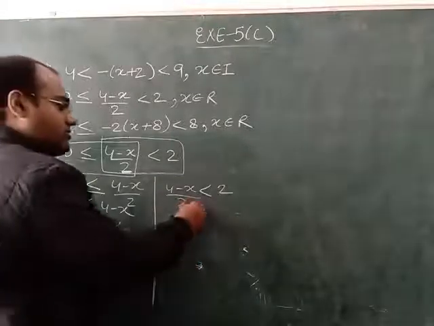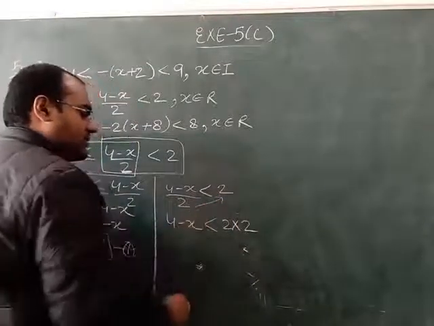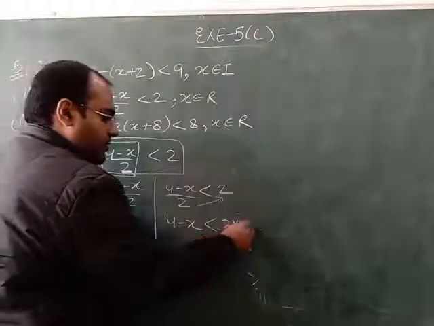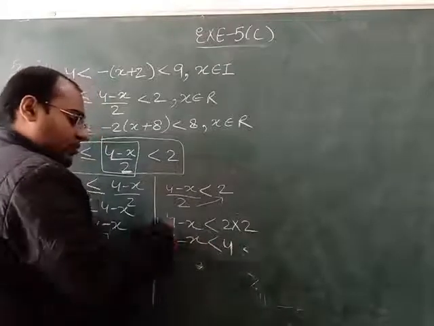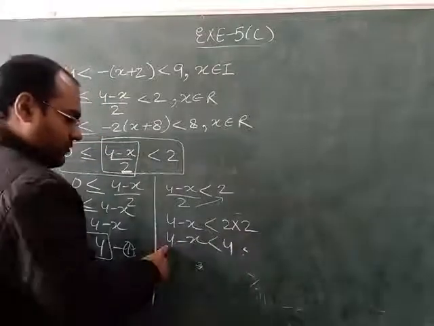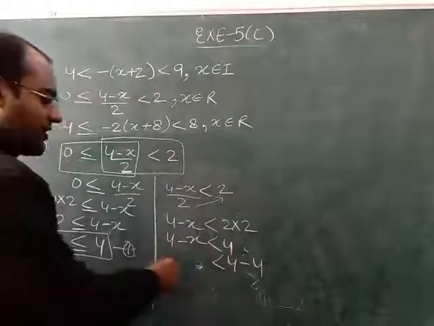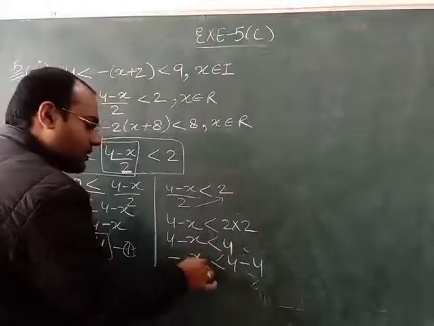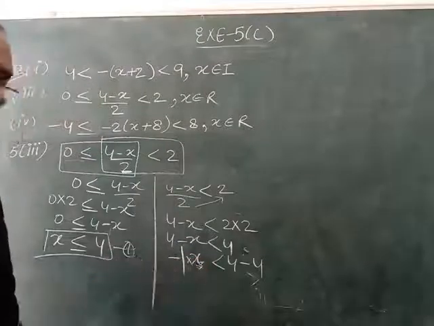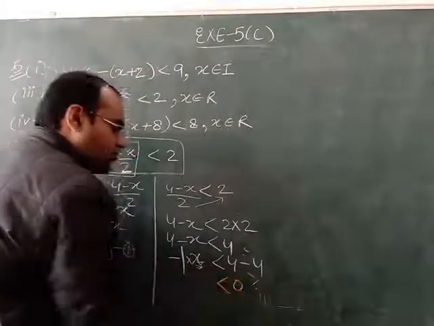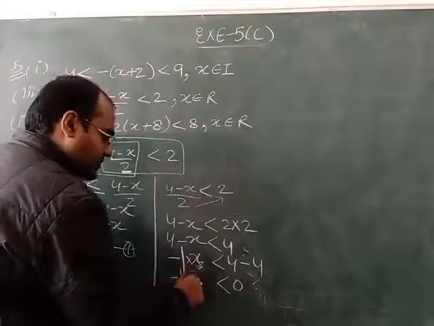We will solve the other part also. This will come in multiply. So 2 multiply 2, 4 minus x. Now 2 multiply 2 will be 4, and here it is 4 minus x. 4 will come on the right hand, so it will become minus 4. So here we will write 4 minus 4. On the left hand we are having minus x. No number is coming here, so we will take 1 and put a multiply sign. These two are in multiplication. 4 minus 4 will be 0, and this one we will write as it is, minus 1 into x.